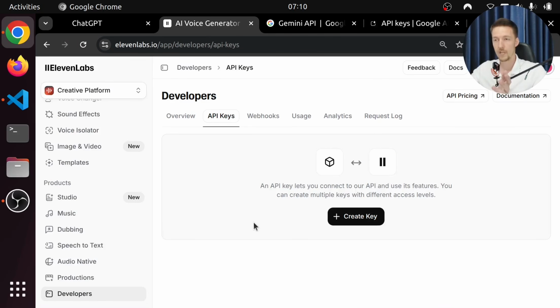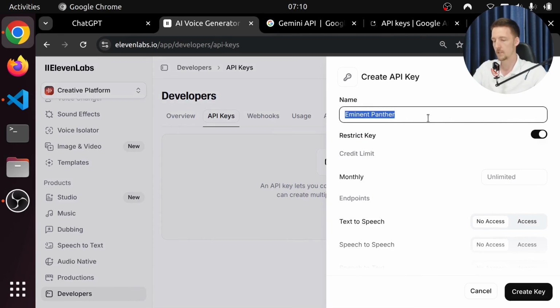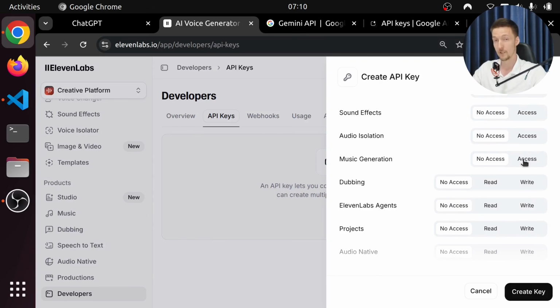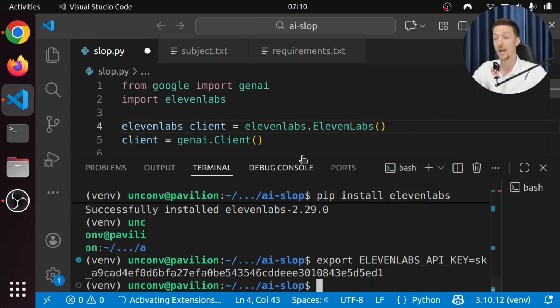So I've logged into ElevenLabs, and I went to developers and API keys, and then let's create a key here. And I will call this AI Slop. And let's add text to speech. And later on, we are also going to use the music generation. So let's add access to that as well. And let's copy it and let's paste it in here.